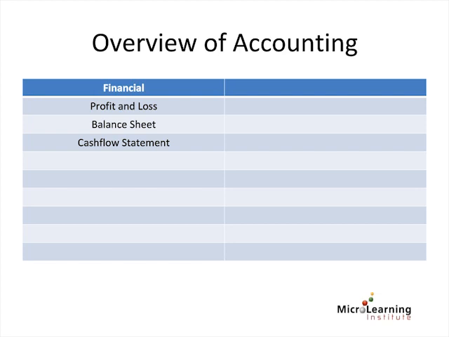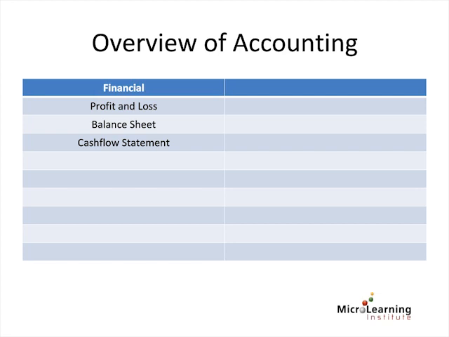The balance sheet is a statement of position. This statement tells us what assets the company controls and identifies the ownership of these assets. That is, are the assets owned by the company, or did the company borrow funds to secure control of the assets? Whereas the profit and loss applies to a period, the balance sheet refers to a specific moment in time. Finally, the cash flow statement is exactly that, a statement of cash flows. The cash flow statement presents an analysis of the cash flows into and out of the company.